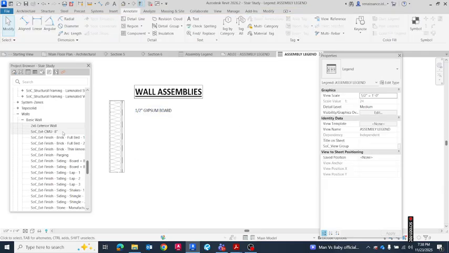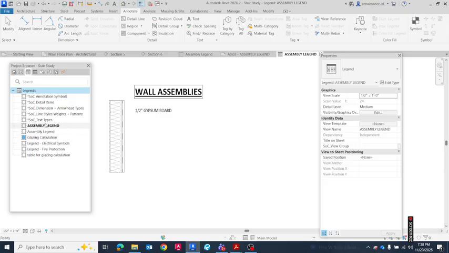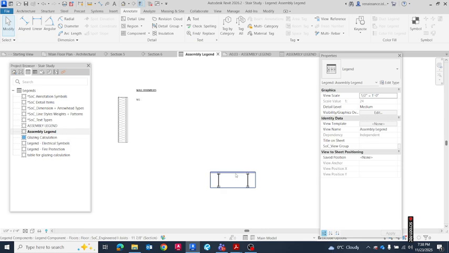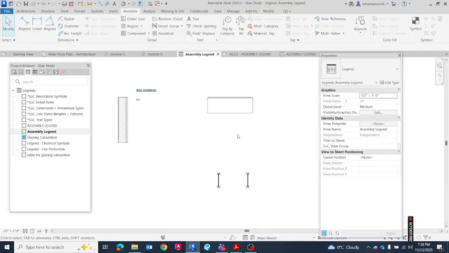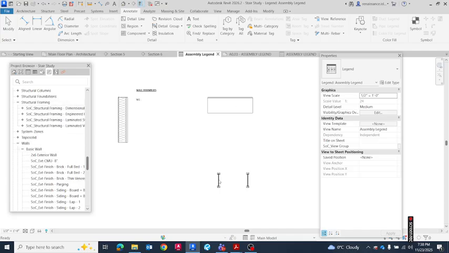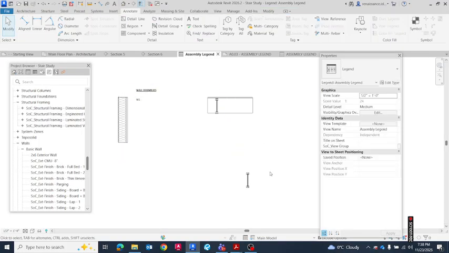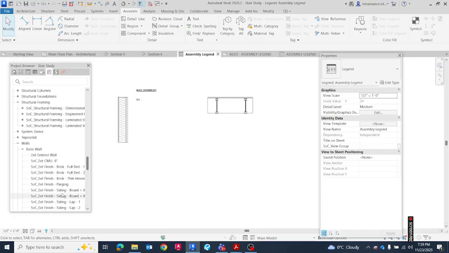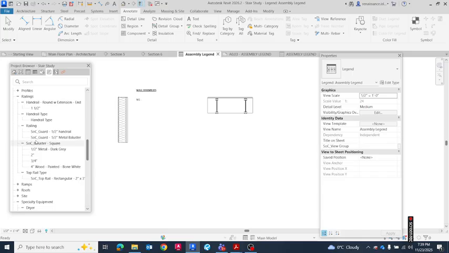So that's how you will write, and then I have another one made, let's say for example for the floor also. The same way you categorize again, like here, floor assemblies, and then you bring the floor from your family, from the project browser. And those joists are just detail elements. You can find the joist under the detail element to show the size of your floor and the joist. And to do that, you have to go to your floor